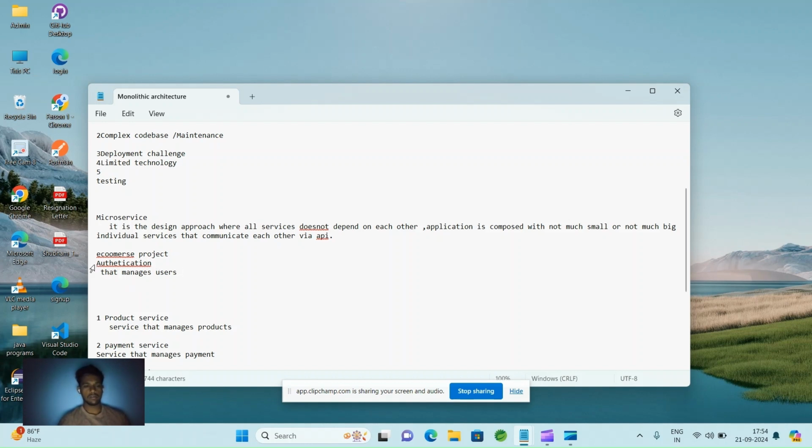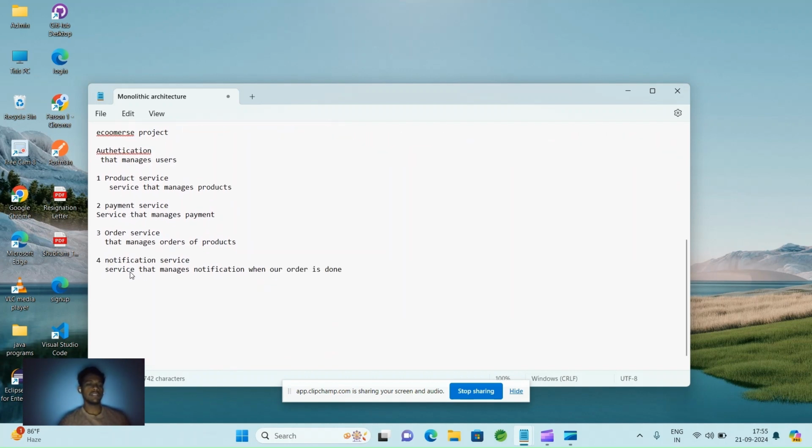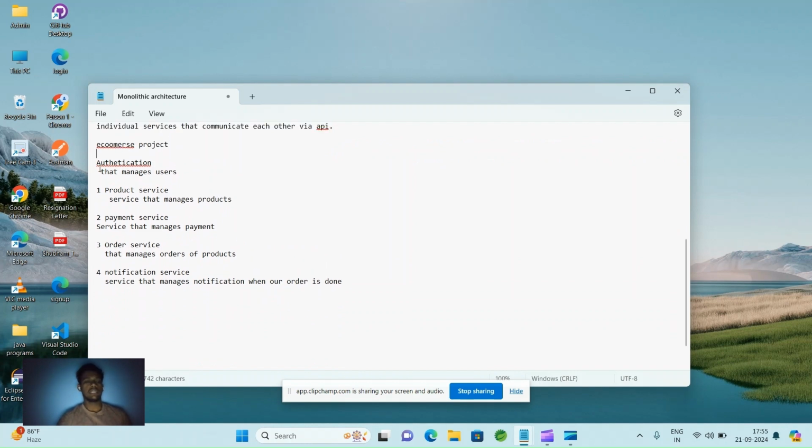Okay, it is the services. And we can develop it separately, like authentication separate,